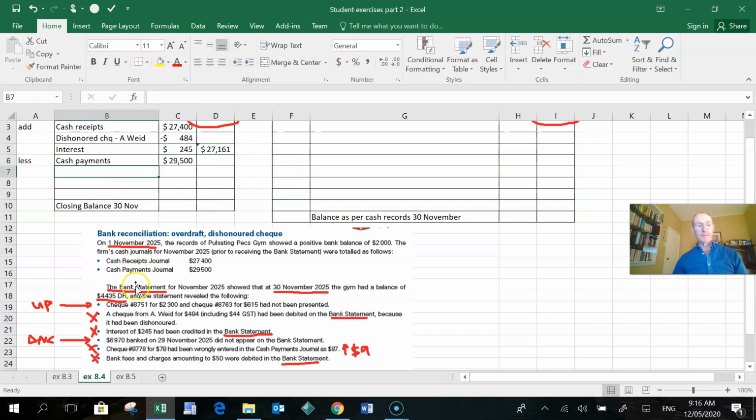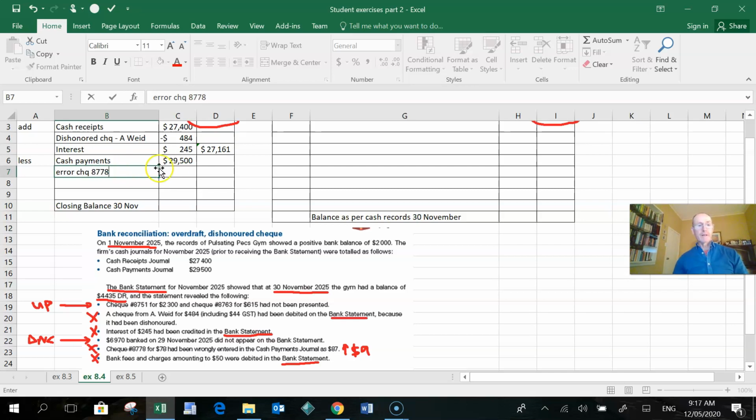Now we do the payments. So we've got, not the dishonoured check, we've got the last 2 here. So we've got a check 8778 that has been wrongly entered in the cash payments journal as $87. Right, so when we wrote it in the cash payments, we put it in as $87. When the bank processed it, they processed it as $78. So we need to adjust that. So it's an error on check